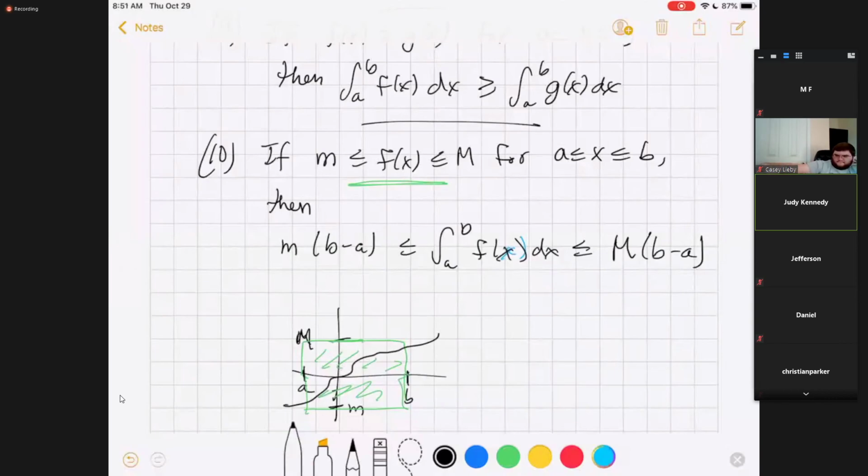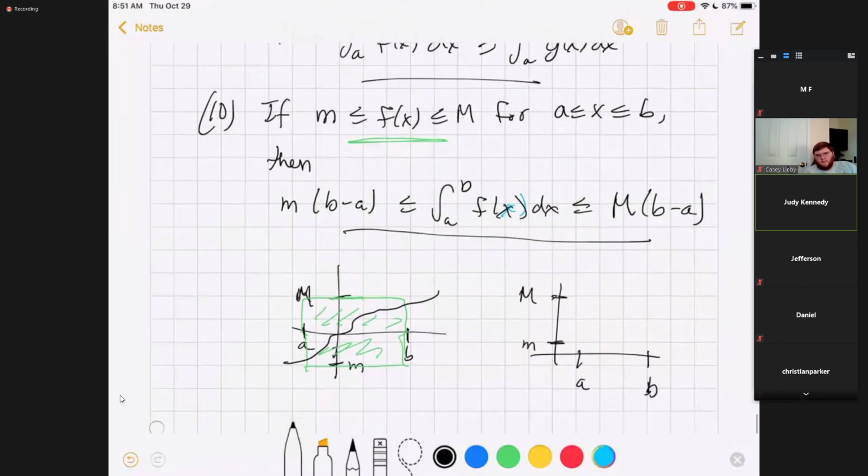It kind of makes sense that this would hold. In fact, if little m is positive, you're just looking at the area of a small rectangle and the area of a big rectangle, and your F is trapped in between, and it's a little bit harder to see. If that's little m and that's big M, and that's A and that's B,